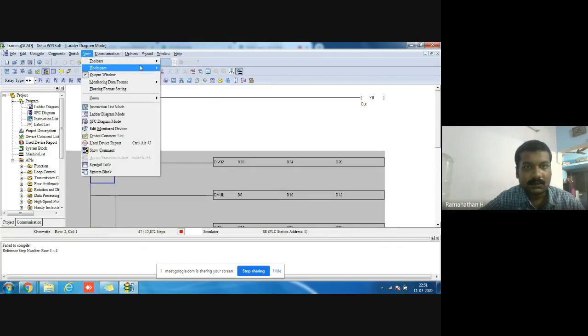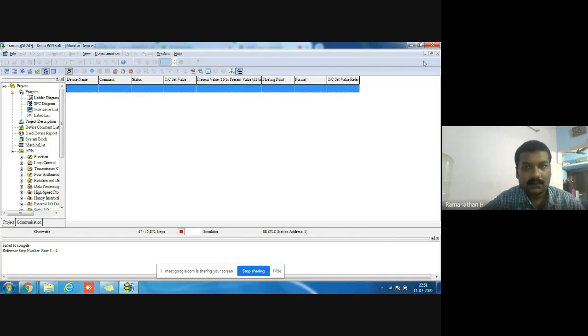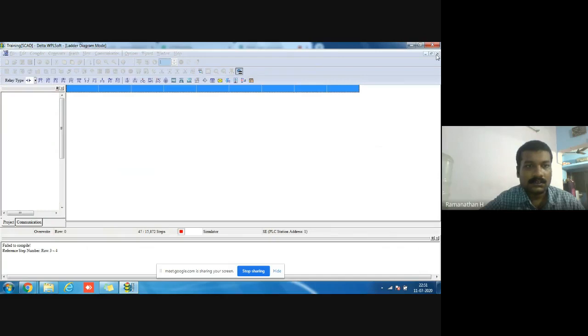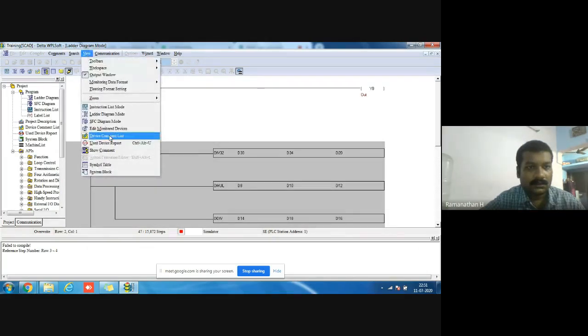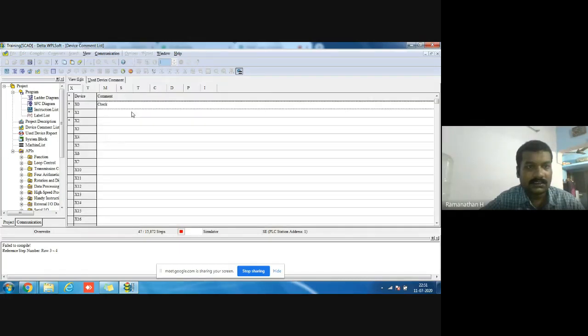Then here the toolbars and workspace, the common one. Here's the edit monitor device, not needed now. Here the device command list. These are the device command list.